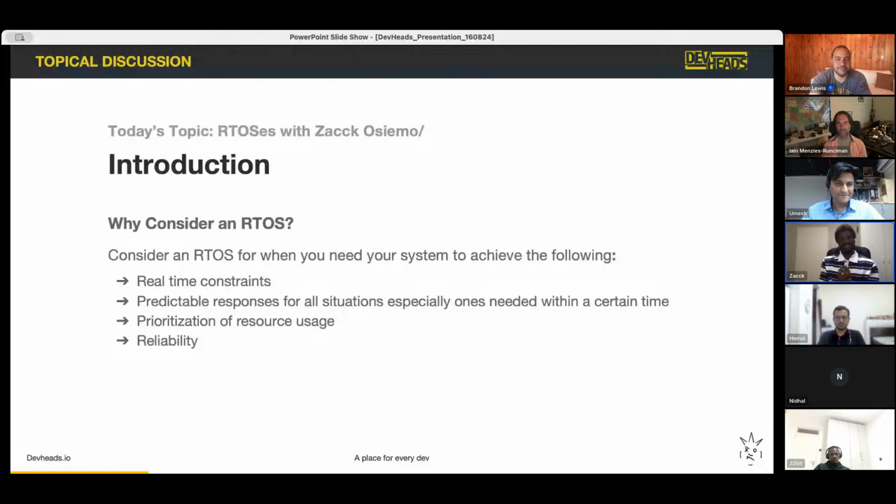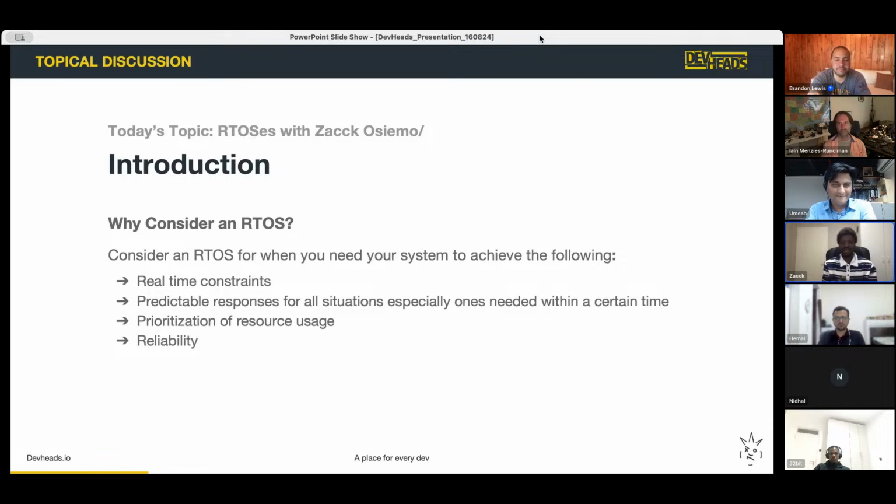Most of the time, you're not going to go into a situation like this unless you've done it before. If you've done this before and you already know you need a real-time system, I wouldn't expect you to be looking at this. When you're choosing a real-time operating system, it's when you realize you have a certain number of problems in your application.